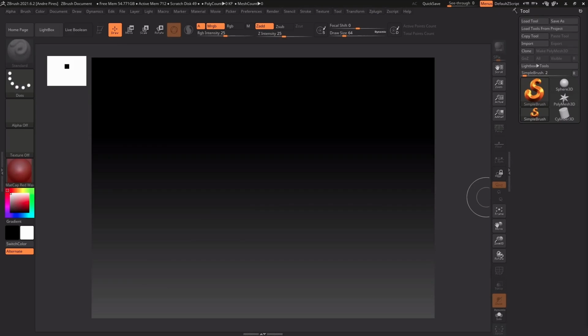So we are now in ZBrush. This course takes into consideration that you already know a bit of ZBrush. So knowing the basics at least will get you a long way. I suggest if you're completely new to ZBrush, you probably should search some starting up tutorials on ZBrush. I'm going to document everything that I do, but it's still better for you to know your way around the